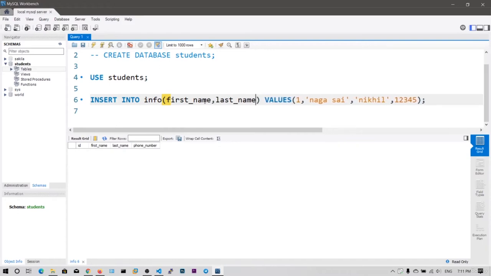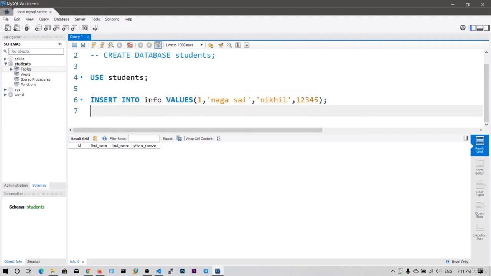If I say info of first name and last name, I need to specify only 2 values, and the 2 values will go into these 2 respective columns, first name and last name. So I don't want to do that. I want to insert these exact values into these exact columns, because there are 4 columns and the 4 values of the first row, and that's it. If you execute this,